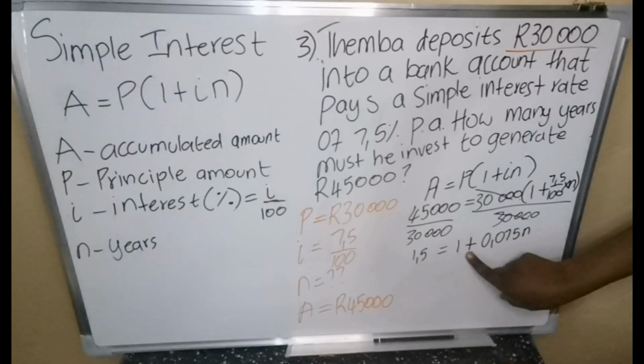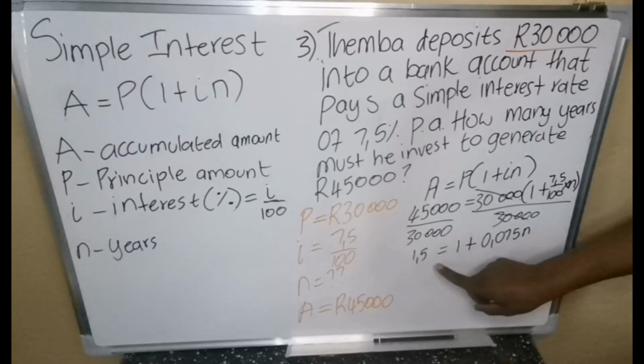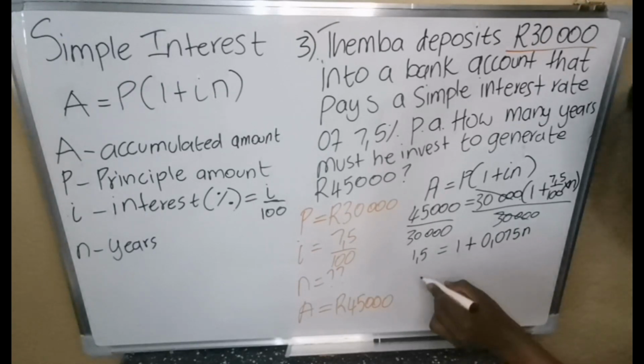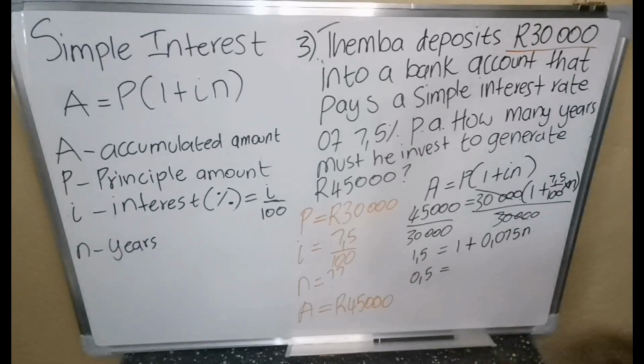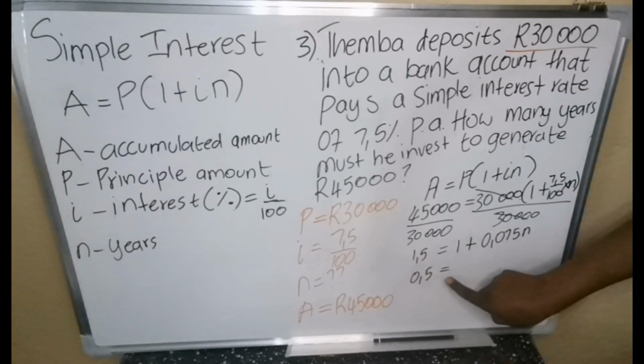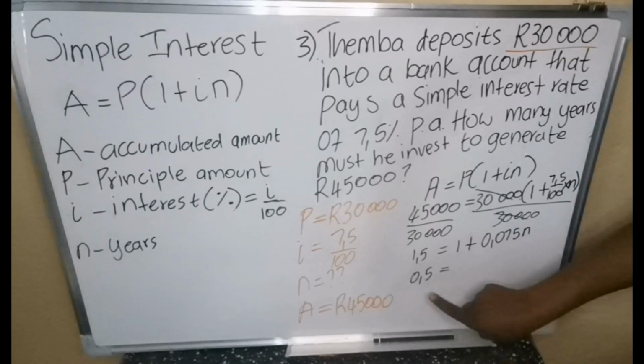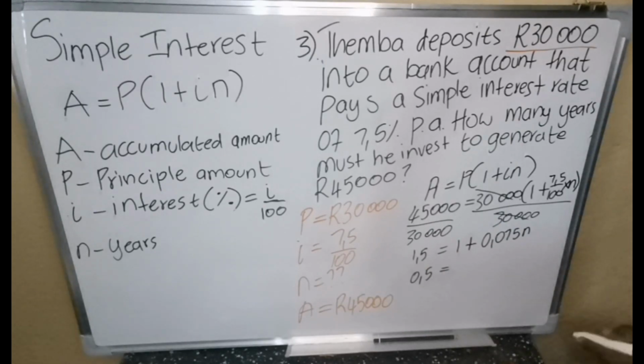Then, since I'm adding here, I'm going to transpose this 1 to the left. So I'm going to say 1,5 minus 1. It will be 0,5 is equal to 1,5 minus 1. That means I transpose this 1 to the left and said 1,5 minus 1, which is 0,5. Therefore, on my right, I'm left with